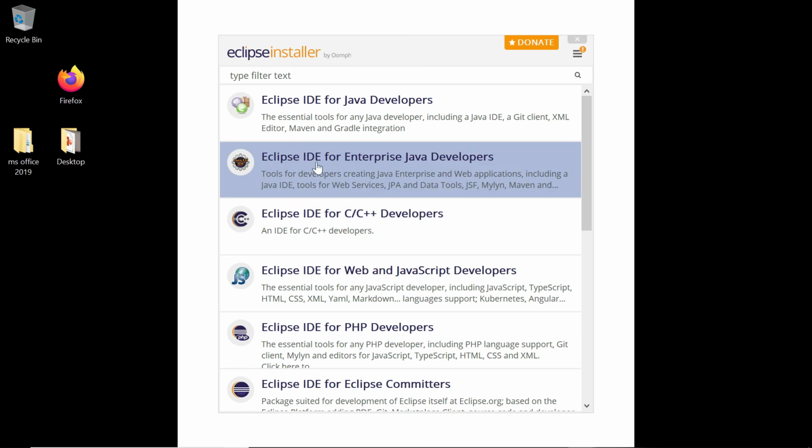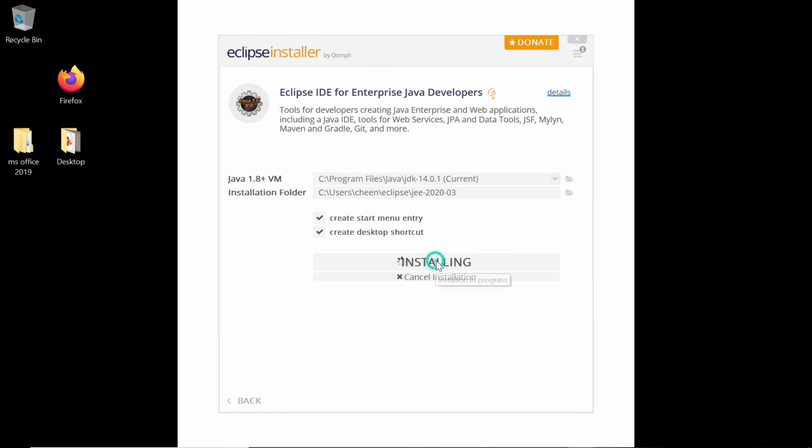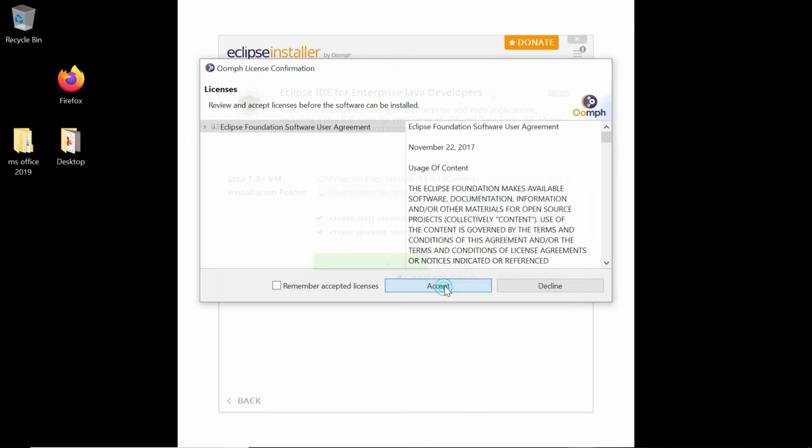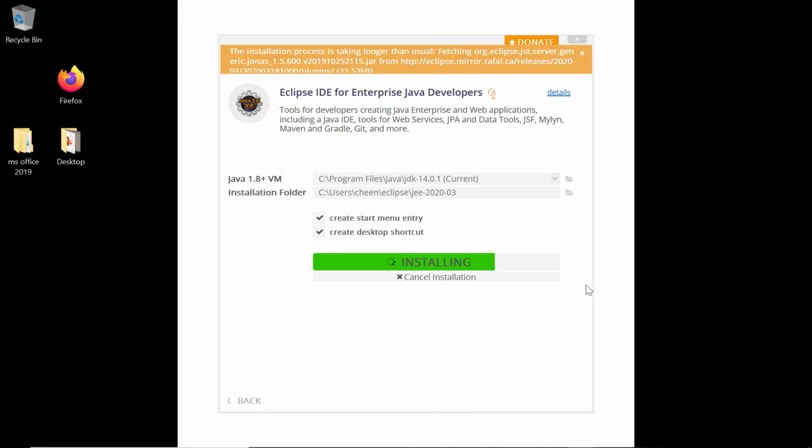So we're going to choose this option, Eclipse IDE for Enterprise Java Developers. Click on install, accept license. So guys, if you see here, it's showing you that they are taking Java from here, that is your Java's location. Definitely you need Java for Eclipse IDE because it's an editor and it is picking the location of Java on its own. This is the folder where it is being installed. So it's going to be under Users, and whatever user you have given, Eclipse will create a folder Eclipse and it will store it over here. So guys, this is where Eclipse IDE is being installed.